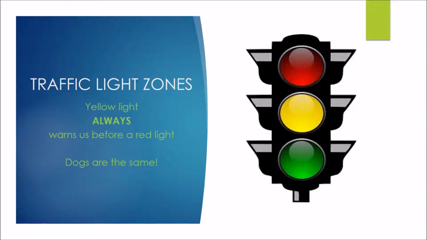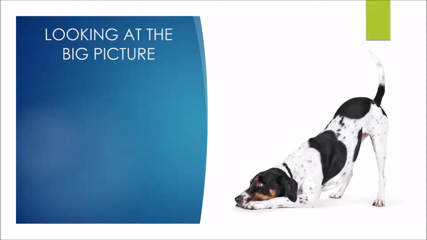And what we're hoping to do is that if we see our dog feeling a little bit stressed and they're up in that yellow zone, we can do something. We can manage that environment. We can take action there and hopefully get our dog back down to green zone by being proactive about it, rather than the yellow zone and we don't notice it, and then the dog's in red zone, and it's a lot harder to get them to come back and calm down once they're up in that red zone.